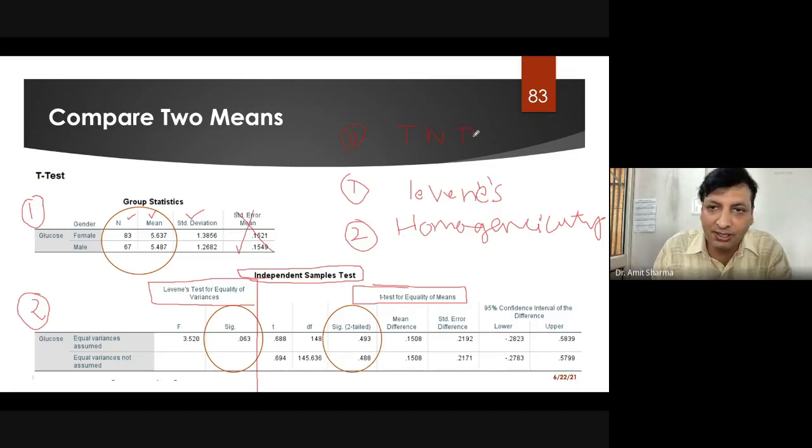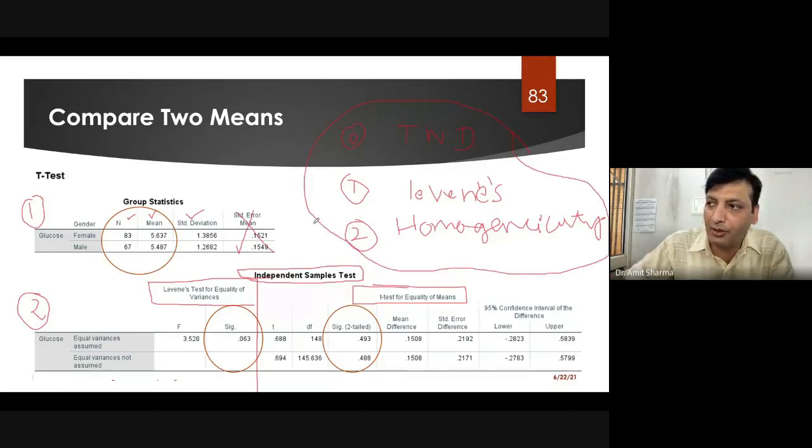So these are the 3 tests in statistics in which we take a cutoff point of more than 0.05. For all other tests, our results are significant when our cutoff point is less than 0.05.